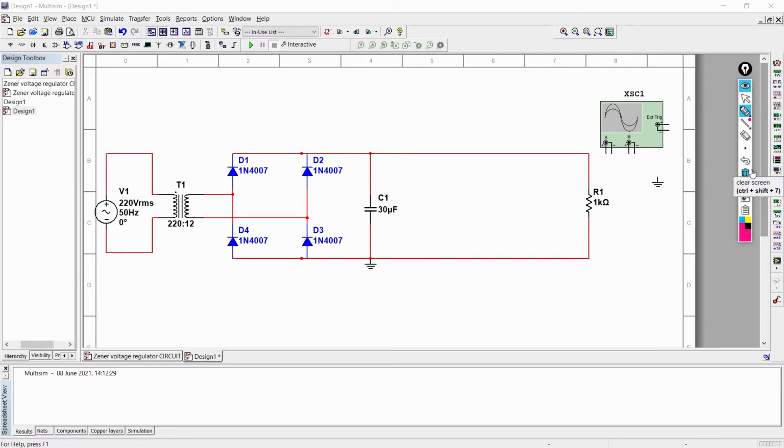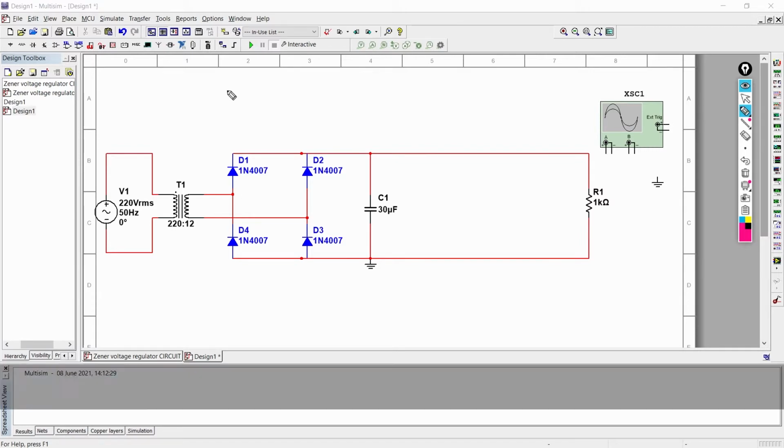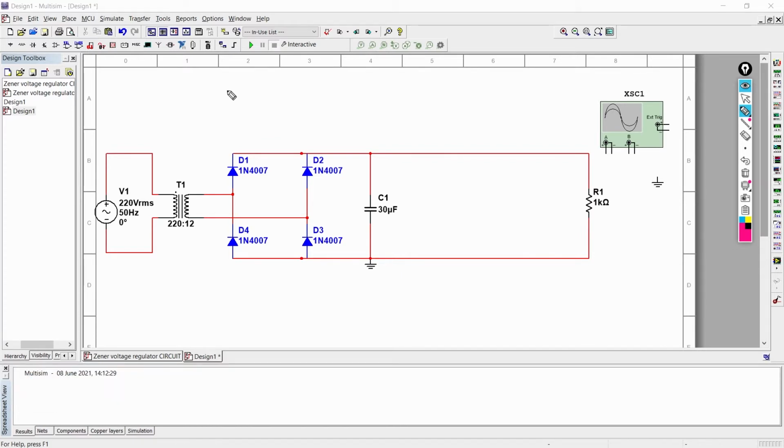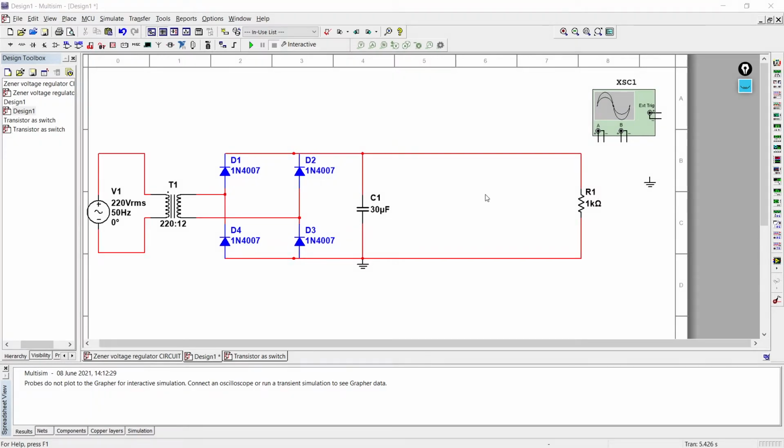Now let's move ahead. The first step we have completed, and we have finalized our voltage level at 5.5 volt. In the next step, we selected the appropriate Zener diode as per our output voltage requirement. Now let's move to the third step.